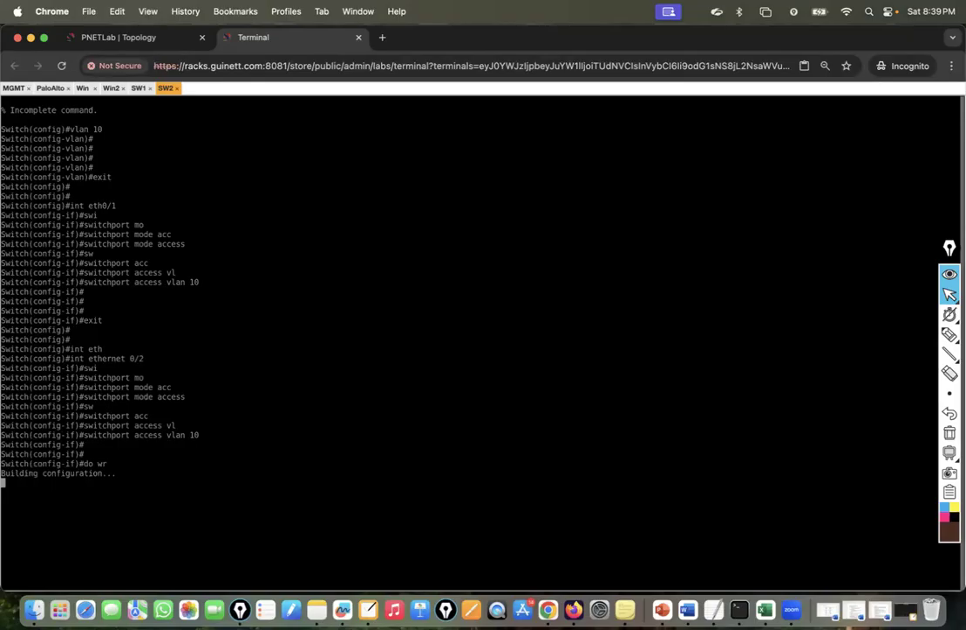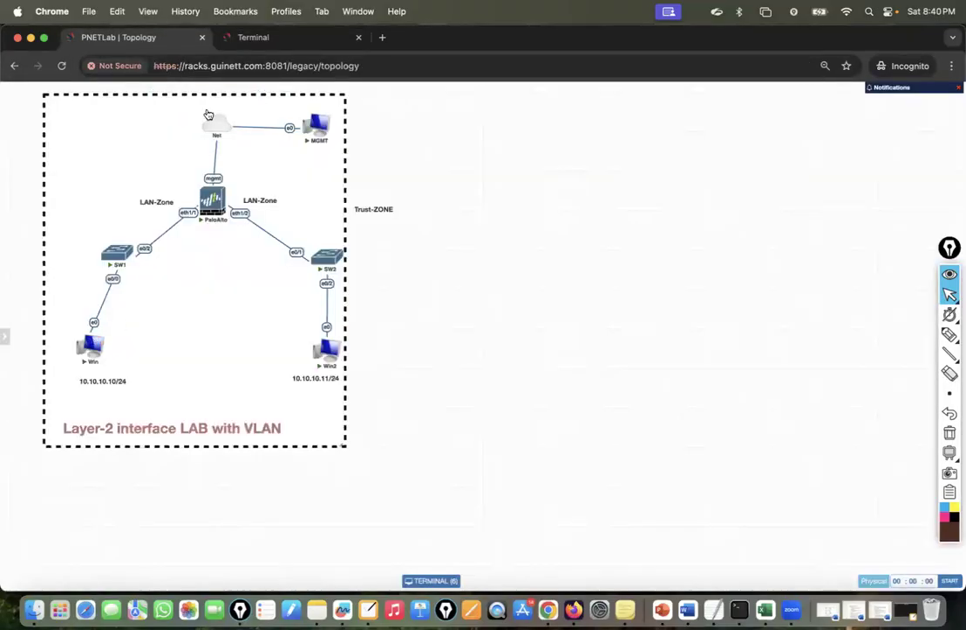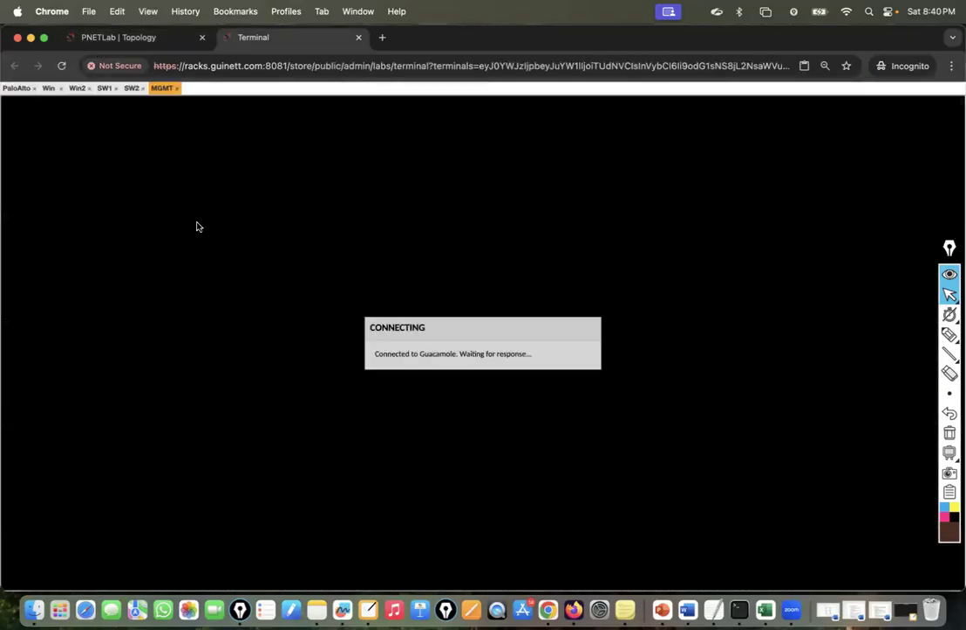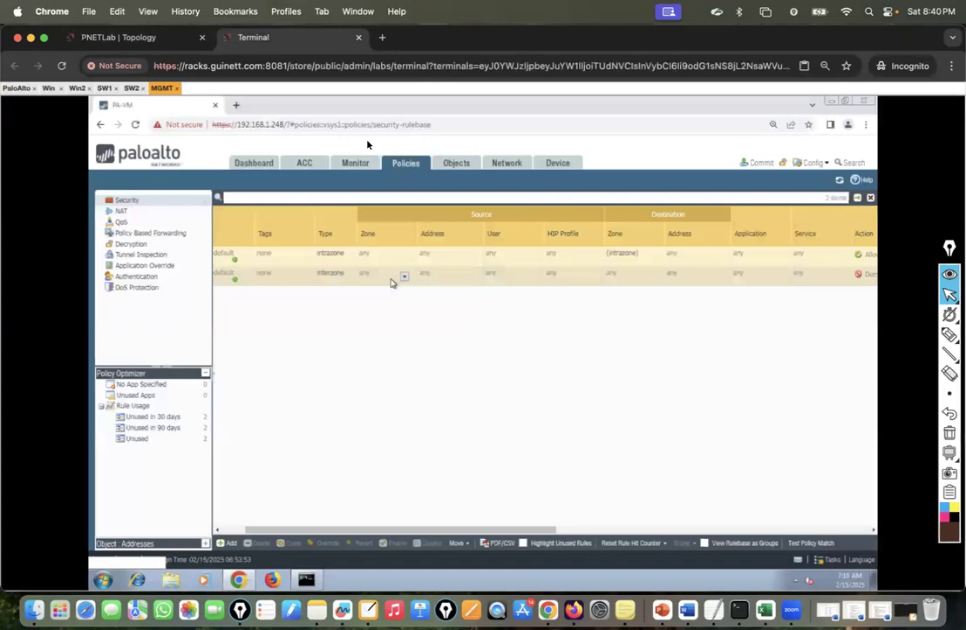Now what next? After doing all this, we have to get out from there. And next we have to go on the Palo Alto Firewall because we have done the basic configuration from the switch and PC. Now if I go in the Palo Alto Firewall from this window PC, let me open this management again. It's not working. So we have to go on the